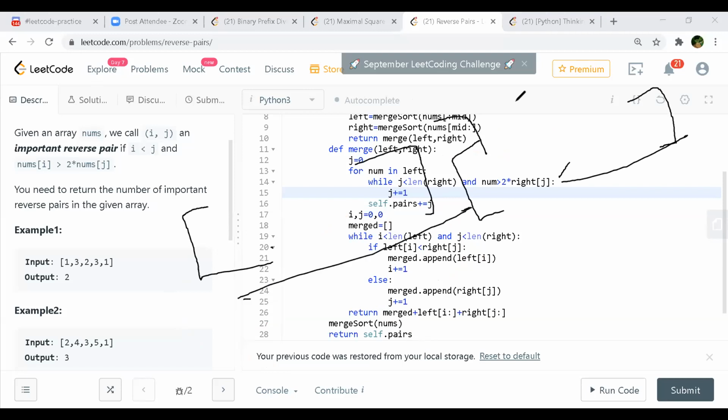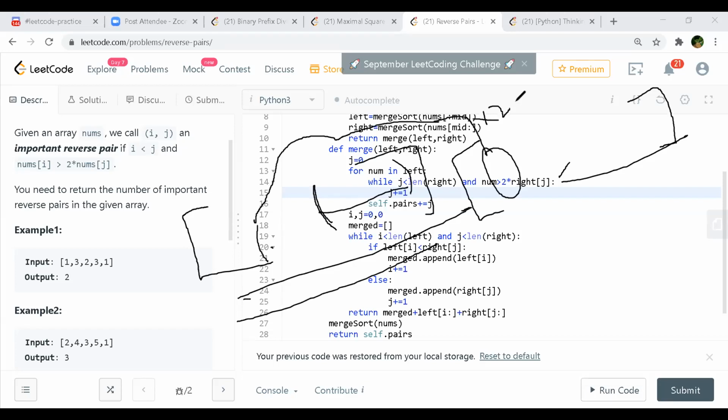So we take this element, maybe it goes into the second position, but what we want is how many of them are greater than 2 into it. So multiply by 2 and do a binary search on this left list to find which one is greater than 2 into this element. We get this length in binary search, and then we can insert it normally and go on for the next element, just to expedite the search.